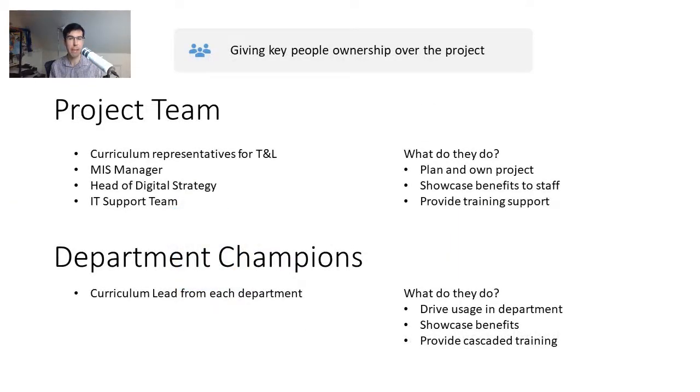So we talked earlier about giving key people ownership over the project, and this is what a typical project team might look like. So some of the people to get involved will be people like curriculum representatives. You need somebody from the teacher learning side of things to have some ownership over it, because those are the people that you want to drive user adoption with the most. So actually having them in some of these planning meetings means that they get some ownership over it. They're more involved in the project, they're more enthusiastic about it, and they're going to communicate that back to their